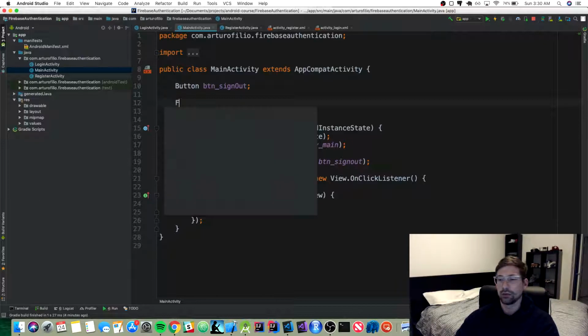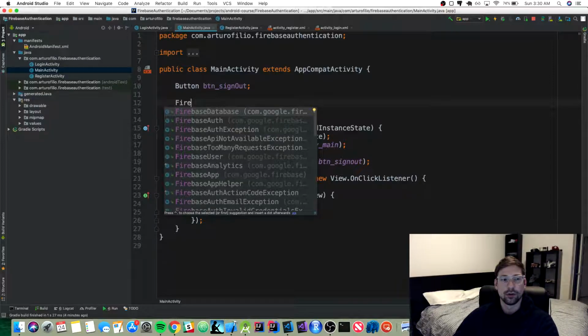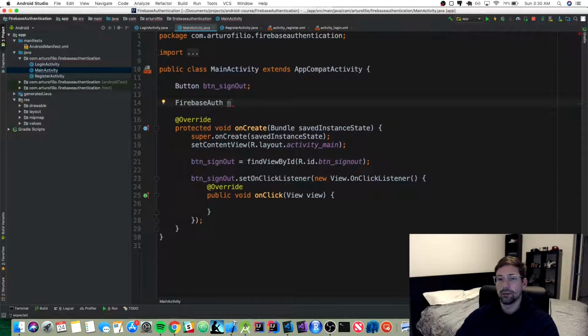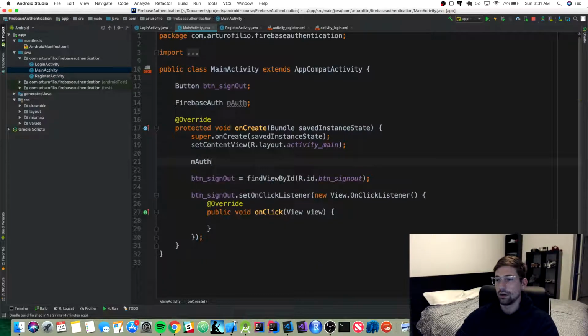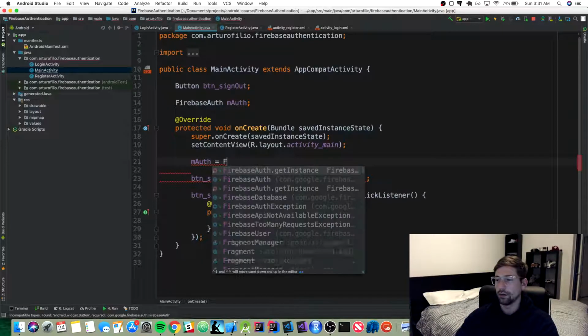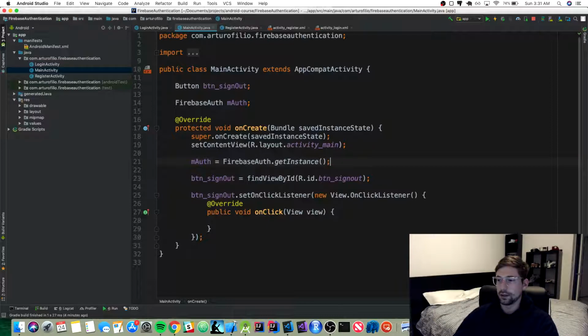Then we have to call this inside of onCreate. So we can do it here, and out instance, and then to sign out when the button is clicked,